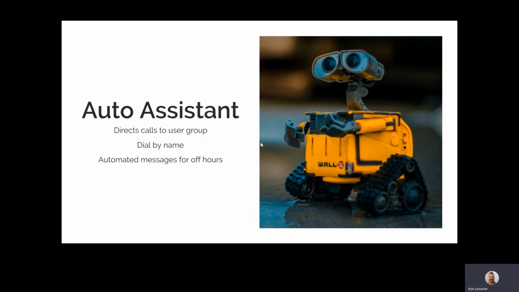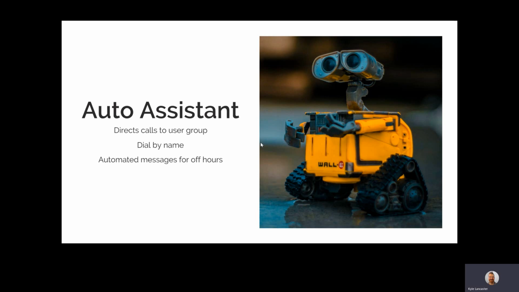I don't think we talked about this, but the auto assistant can also have different modes. So if you want to have it during office hours, you can set it up to where it says press 1 to talk to a human, or if you know who you want to talk to, say their name. But you don't want to be directing people to try to talk to humans when you know for a fact there are no humans there. Someone calls at midnight, nobody's going to be in the office. You don't want to try to get them to contact a person when you know that there are no people there to be contacted.